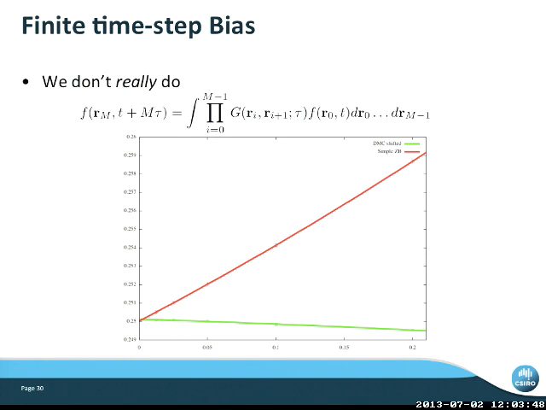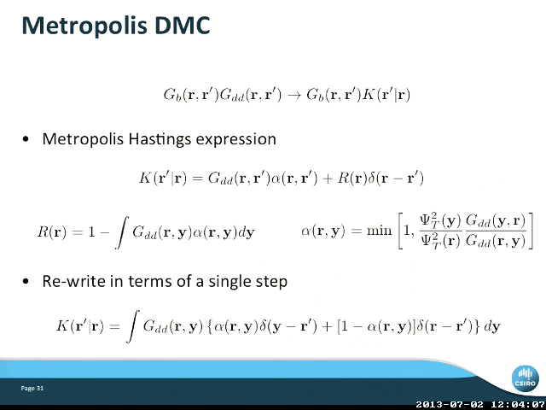So the question then becomes, how on earth do you differentiate the Metropolis step? It's not usually written in DMC as, here's Metropolis DMC, as an expression you can differentiate. It's usually written as an algorithm. So here's my attempt at writing it as an expression we can differentiate. So what we do is we take our normal propagators. I've gotten rid of the time step dependence just to keep everything manageable for now. And we just have our branching term and our drift diffusion term. And what that actually becomes with Metropolis is a branching term multiplied by your Metropolis Hastings,